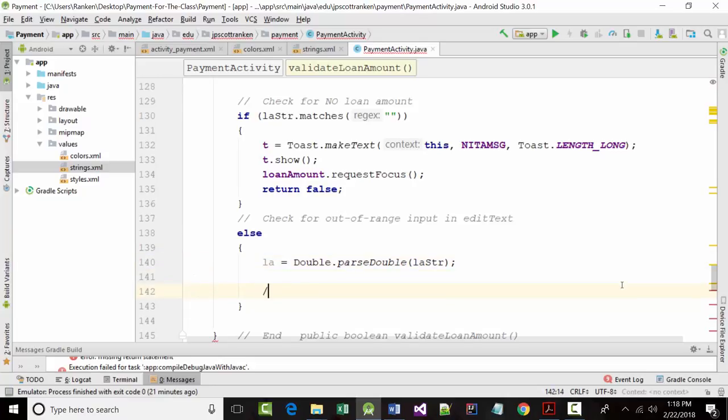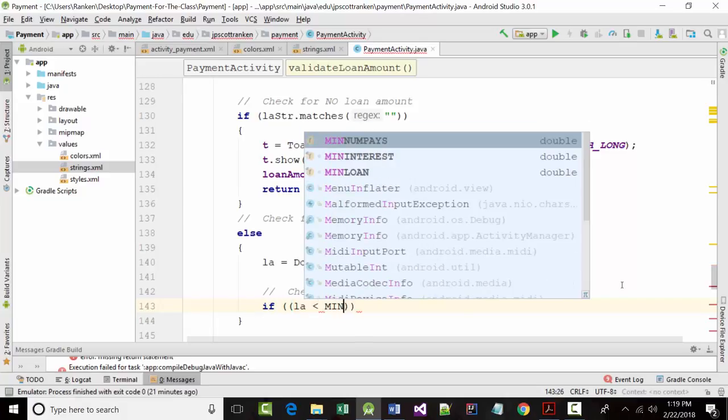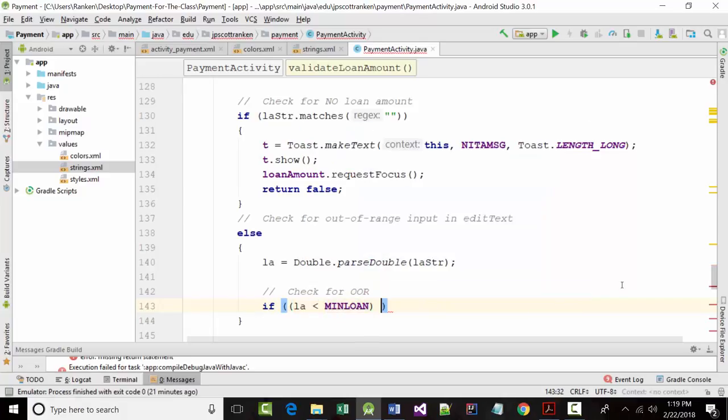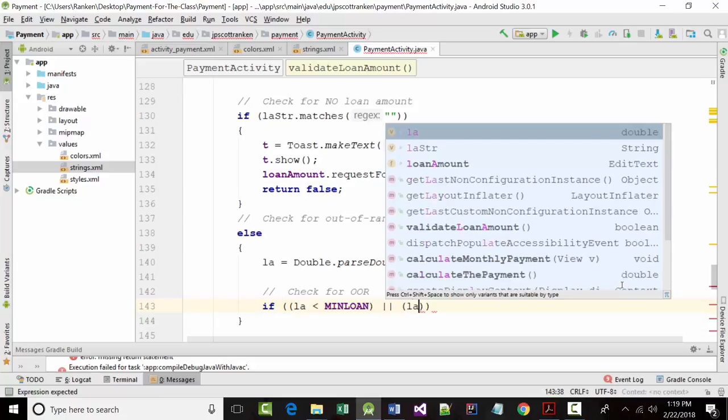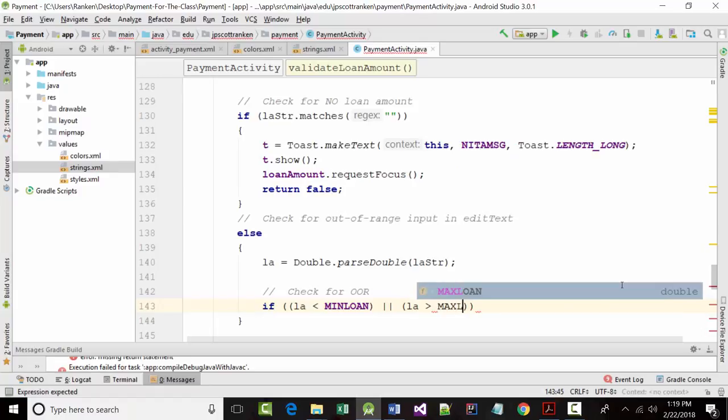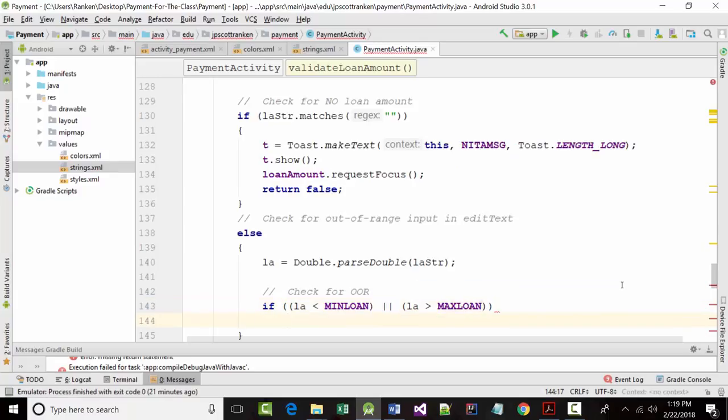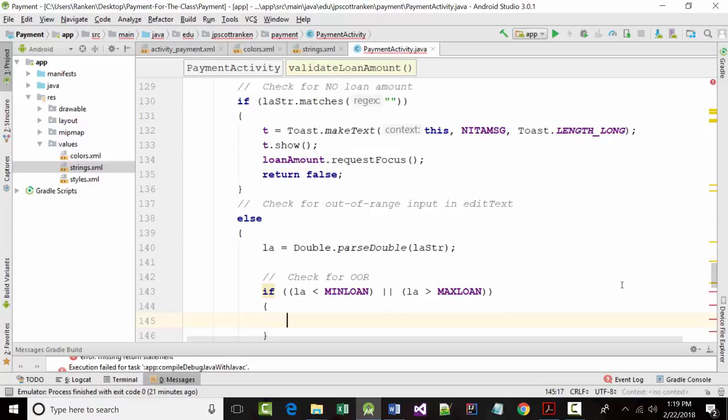But now I have to check for OOR, out of range. All right, so if that loan amount is less than the minimum loan amount, or that loan amount is greater than the maximum loan amount, well, then I know it's out of range. The good news is if you look on your screen here, I want to do all this stuff. I want to do all that again. Except I don't want that message. I don't want it to say no input, try again. I want it to say out of